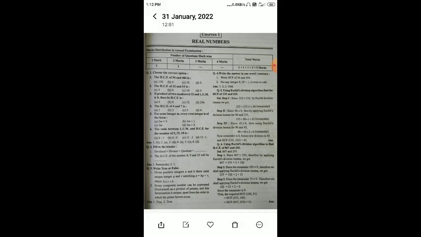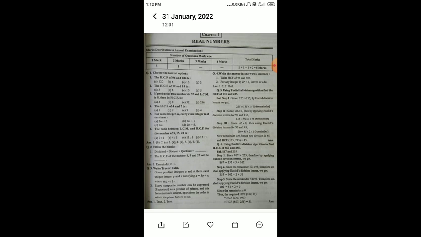Now, in question number 5, for some integer m, every integer is of the form... every even integer. Now, what is an even integer? It is one which is divisible by 2 and is not left with any remainder, that is, its remainder should be 0. From all the options, the zero remainder we are getting is in option C only. So C is the correct answer of the fifth question.